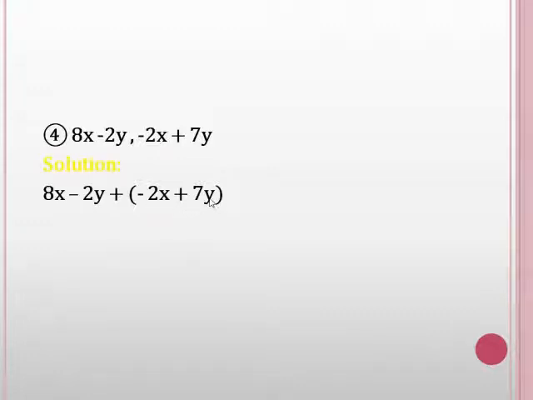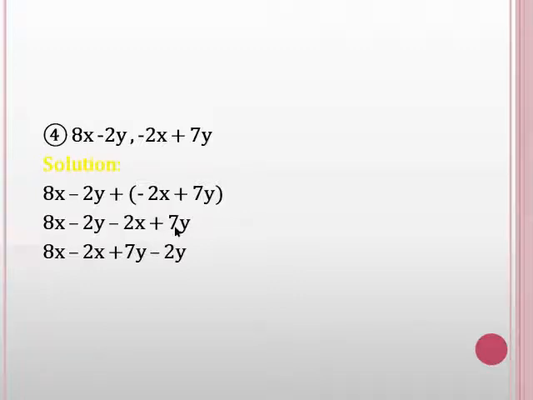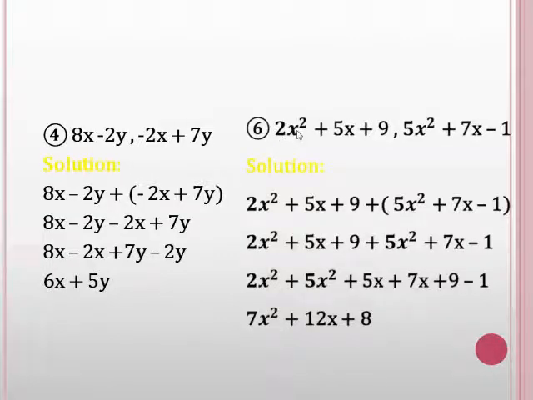Now we add them. Here we remove these brackets with the sign multiplication. Now after 8x minus 2y, plus times minus gives minus, and here we write the minus 2x. Now here we have plus times plus gives plus, and write the plus 7y. Now we separate the like terms, which are 8x and minus 2x, and minus 2y and plus 7y are the like terms. So here we write 8x minus 2x, plus 7y minus 2y. Now there is addition between 8x and minus 2x, so we get here 6x, and plus 7y minus 2y, here we get 5y. There is question number 6 from the same exercise.